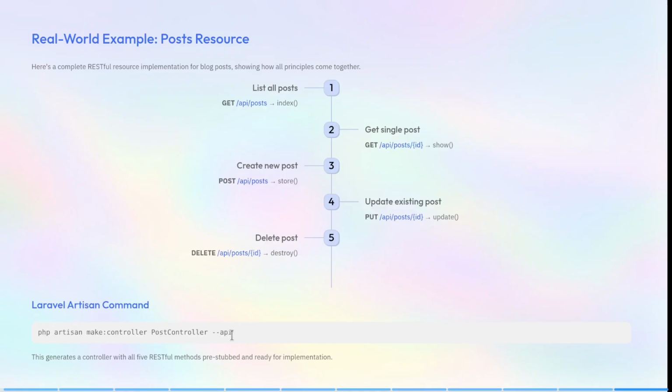And the last example, a real world case, would be using the following command: php artisan make:controller PostController --api. That would create a controller with 5 methods inside. The index method will list all the posts. The show method will get a specific post. The store method would be responsible for creating a post. The update method updates the post, and the destroy method deletes the post. And these would be the URL examples for each of the 5 of them. All right, now that's the theory. Now let's focus on the